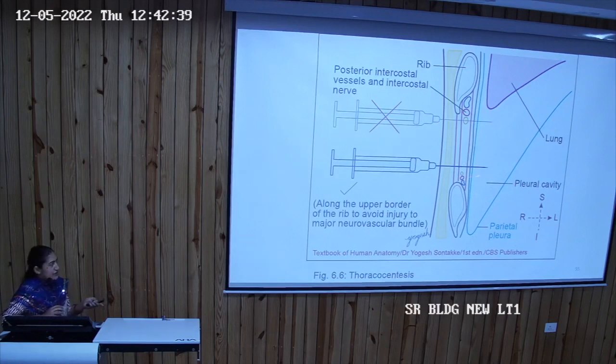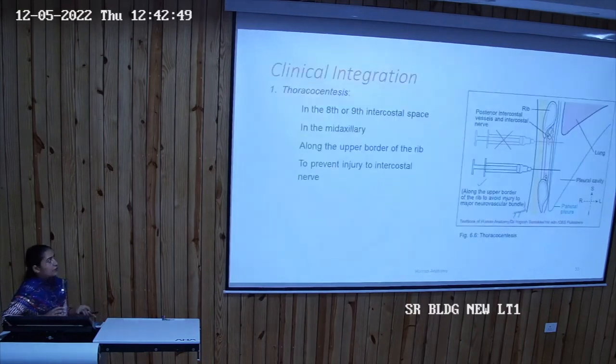Now this space is filled with the abscess during the pleural effusion. So tapping of this is done, which is called the thoracocentesis. So where do we have to do the thoracocentesis? Thoracocentesis will be done into the lower ribs, not into the upper ribs, because the lung parenchyma will be present in the upper ribs.